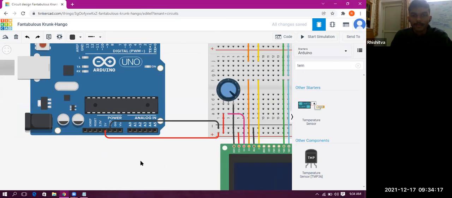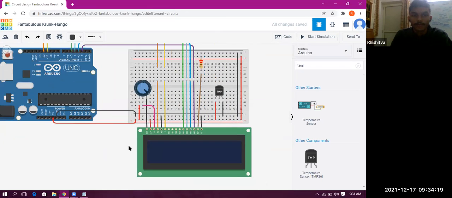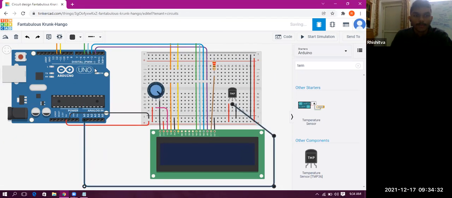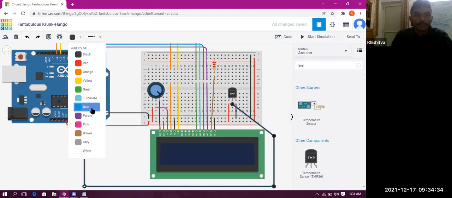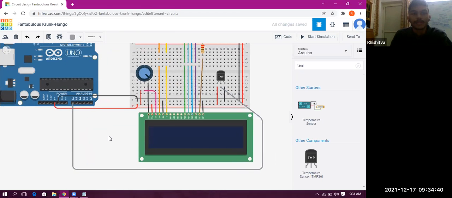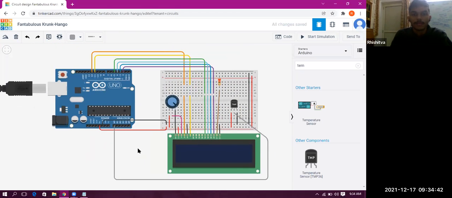So what I will do, I will just connect it with, let's say, A0. From this port, I take this wire so that you are able to see it clearly, and I take it to A0. And I will mark the color of the wire as, let's say, gray, since it is not used. So I will mark it as gray. Okay. So this was the whole circuit connection that you need for the digital thermometer, right?